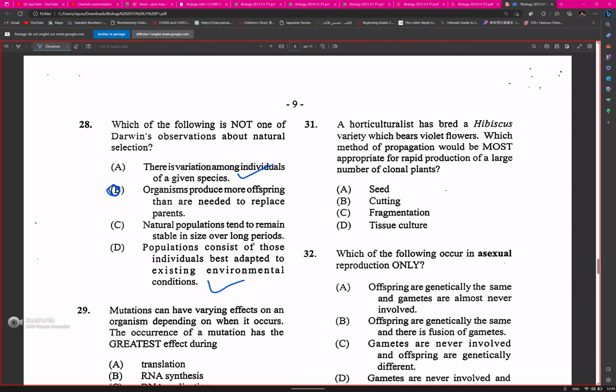Okay, so it could be an issue in which he observed that the organisms produce more offspring than needed to replace their parents. But what we see here is that even though they produce a large amount of offspring, the natural populations still remain stable. Why aren't the natural populations of these species skyrocketing out of control? This is probably because of the variation and mutations,